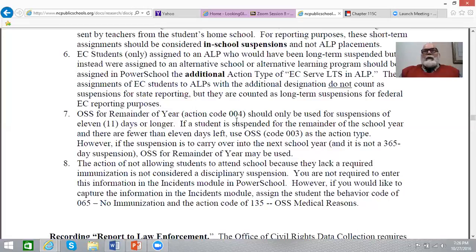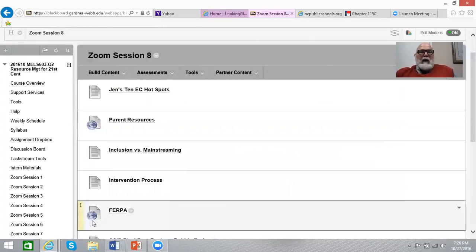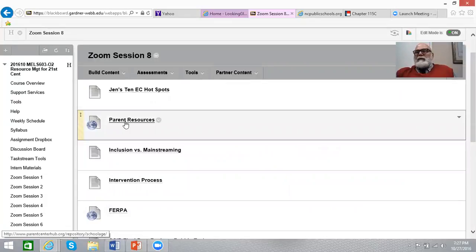Yes, and so one of the things that we're required to do, and the schools are a little lax in doing, is that, again, if you go back to Zoom session 8 and look, I've got it right here. We're required to give them these parent resources when their child is tested for EC. When they're in the intervention process, not the first 90 days of MTSS where we're doing interventions, but that second 90 days when they've actually been referred and we're doing the interventions prior to a testing decision. When a kid enters into the intervention that has been officially referred, his parents are supposed to be given these parent resources.